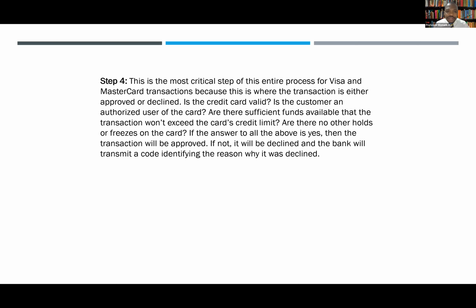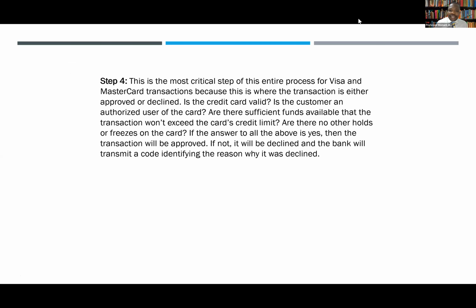declined. I don't know if this has happened to anyone on this call, where you have money, but your card has been declined. If this happened to you before, here are some of the reasons why it happened. It's extremely important that we're looking for 2 answers, either approved or declined. And remember, MasterCard, Visa, PayPal, Amazon, Alipay, they only can charge a fee when it's approved.